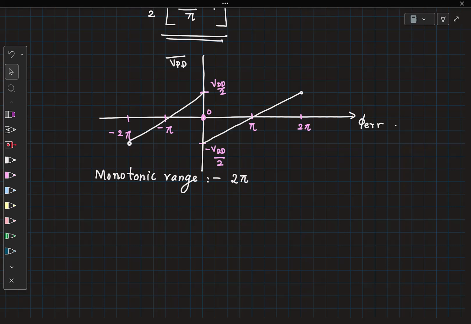Not necessarily. We are okay. It's not necessary that your KPD value has to be either positive or negative. If it is positive, it has to be positive throughout the range. If it is negative, it has to be negative throughout the range. Whatever is the behavior of the phase detector, be it KPD positive or negative, we make sure it has the same polarity throughout. And then you will configure the rest of the elements to match this behavior so that the whole loop is in negative feedback.